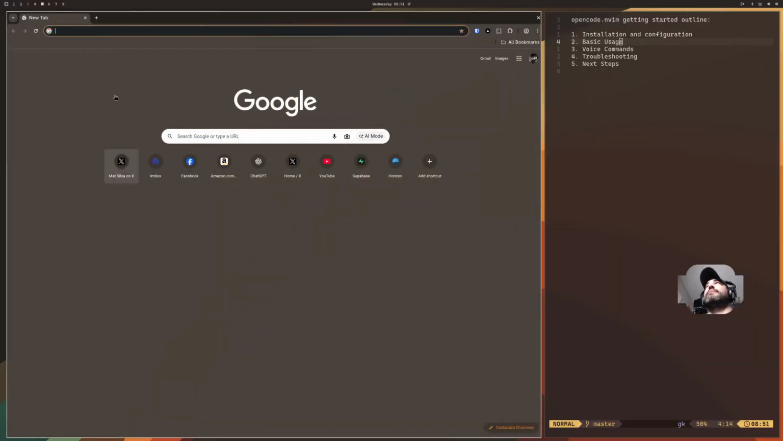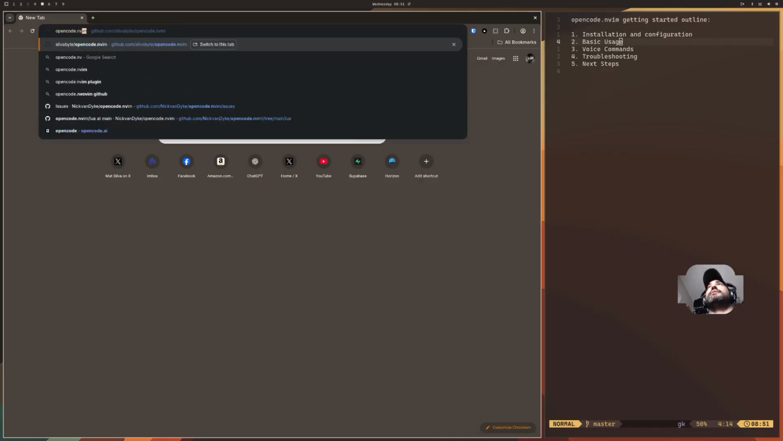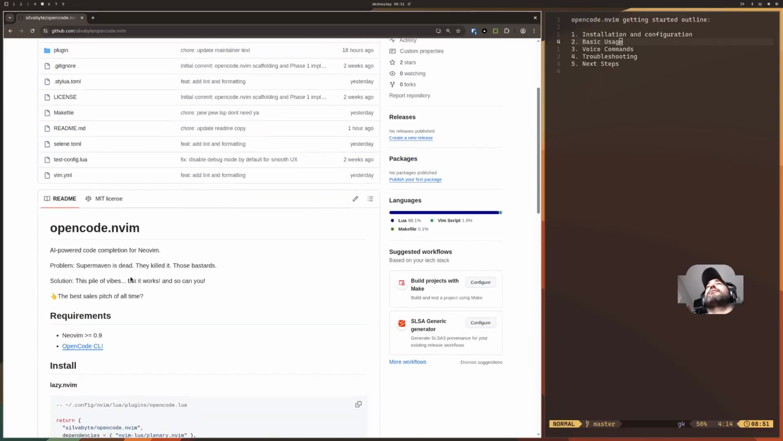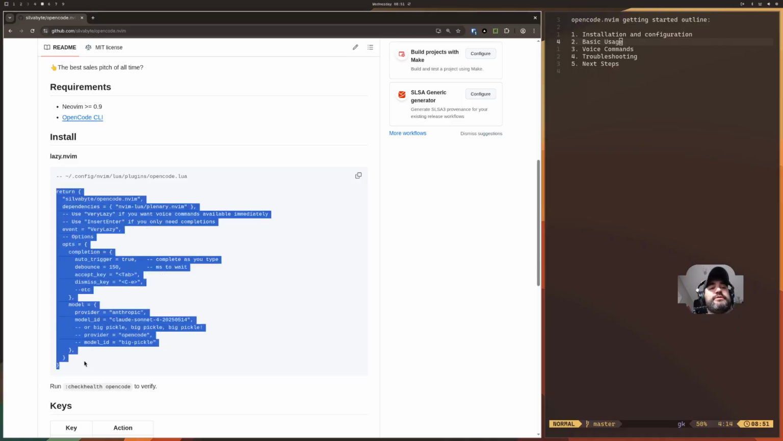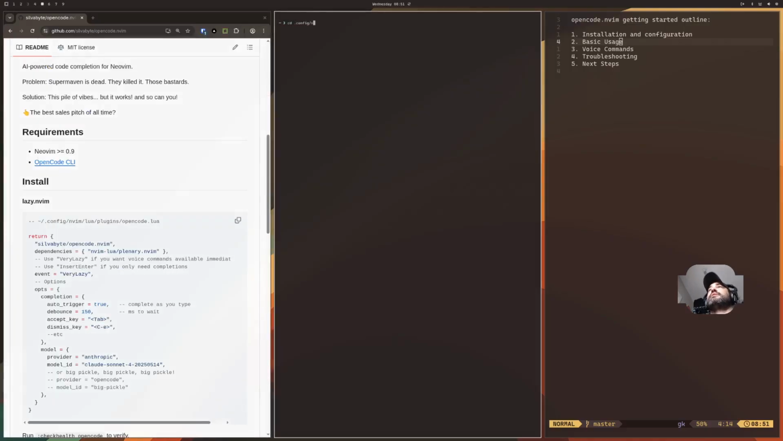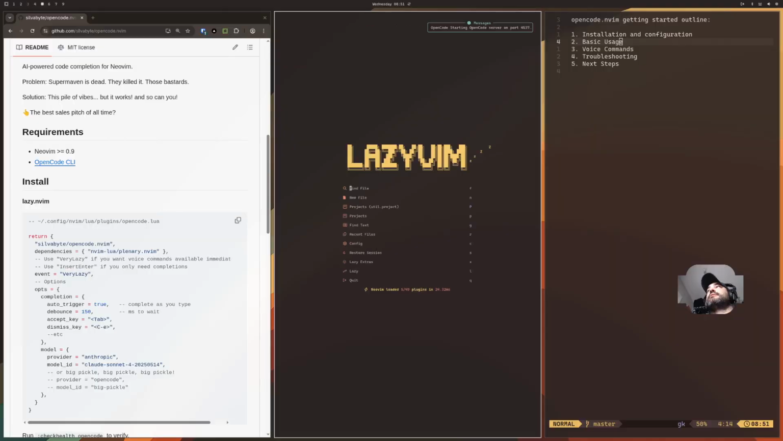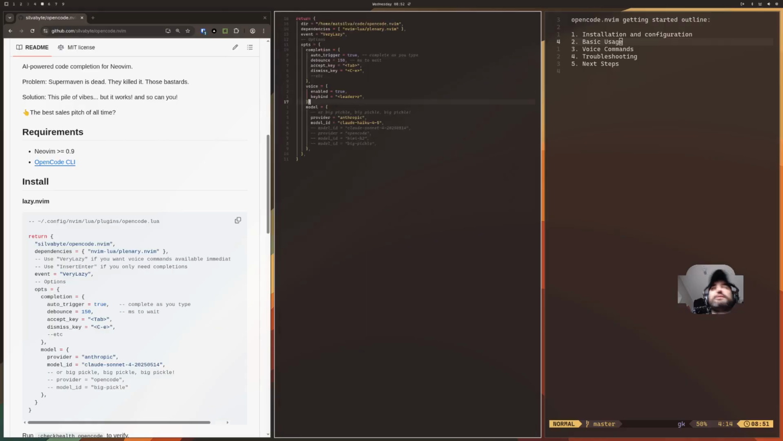So I'm just going to pop open my browser here and go over to opencode.nvim. And I am going to lift this configuration directly from the GitHub repository here and plop it into this file for your Lua plugins for NeoVim. So let's go to config, Vim, Lua, do a little ls there, and you'll see I already have that largely configured,